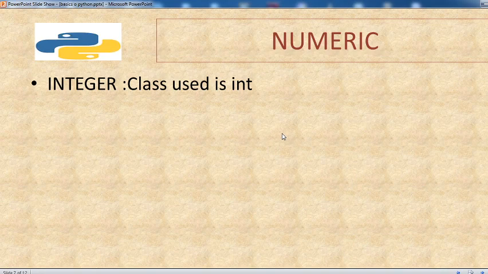But in some cases, whenever you want the user to enter only a certain type of input, you have to mention the class for the particular data type. For example, I want to enter only integer values, meaning numbers between 0 to 9. In that case, the class I will be using is int.